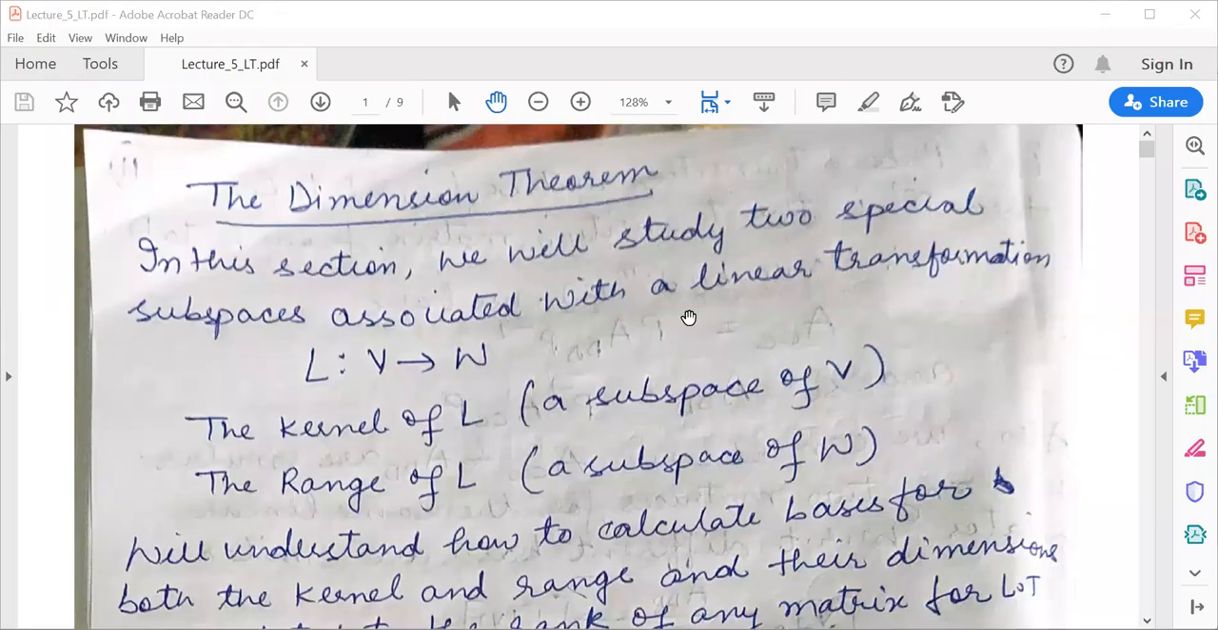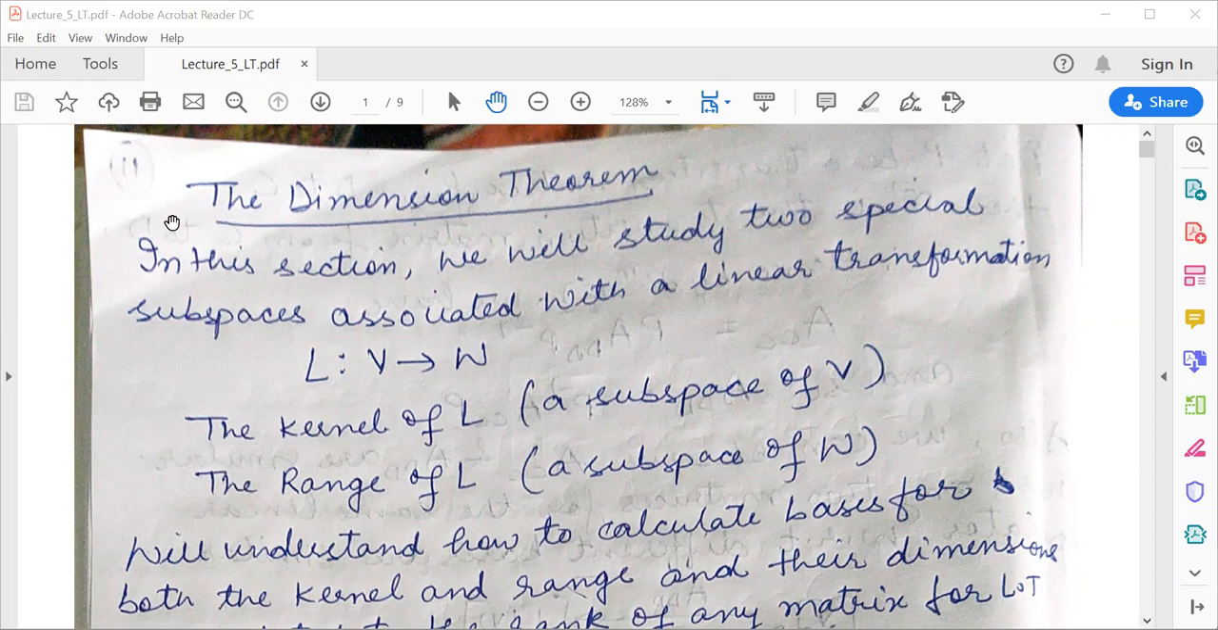Hello class, this is lecture 5 of the topic linear transformation. Today in this lecture we will study the dimension theorem. Before proceeding to the dimension theorem, under this section, firstly we will study two special subspaces associated